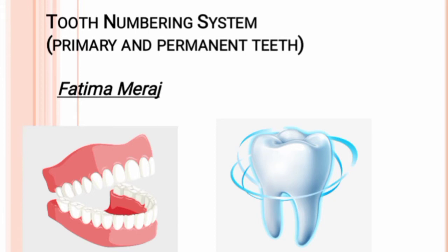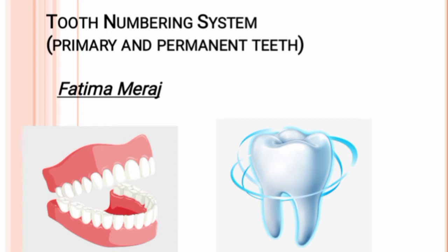So the topic that we are going to discuss today is the tooth numbering system for both the primary and the permanent dentition. So basically, what is a tooth numbering system? Mostly we oral healthcare workers use specific letters to associate specific information with a particular tooth when we communicate with other dentists. It makes communication easier, because it is much more difficult to say the whole name, right? If you're denoting a maxillary tooth, you would call it the maxillary central incisor, or anything like that. We simply number them or just give an alphabet to it.